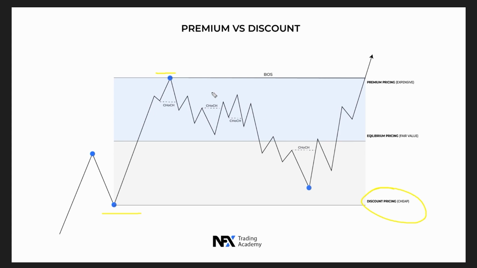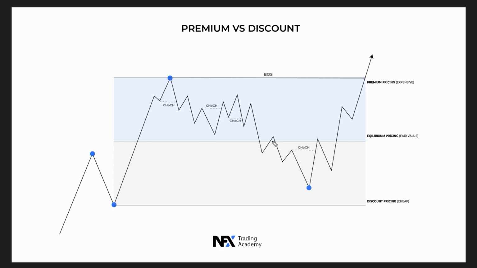So this is where a lot of traders go wrong, because they want to take buys here where price doesn't really make sense to take buys from, because we are still in premium pricing, expensive price, because we are near the high. Instead, if we wait for price to return to the cheap prices in the discount zone, we can take buys here and we can use our risk in this area because it has a higher probability of being a winning trade instead of trying to take a trade right there. If you understand this, it's really simple, it's just basic economics. You can really improve your trading and stop taking unnecessary losses.